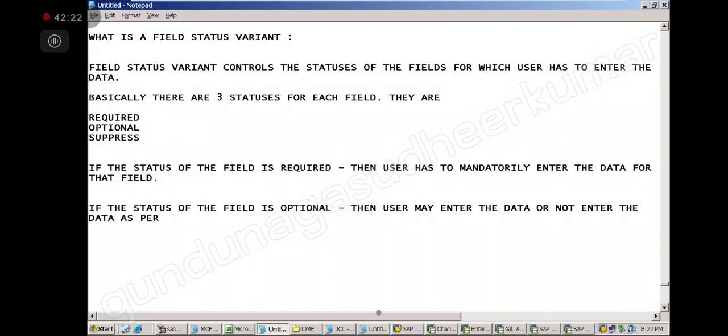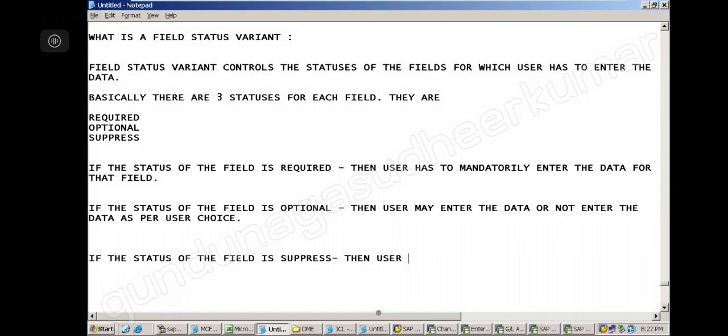If suppressed, the user cannot enter the data in that particular field.